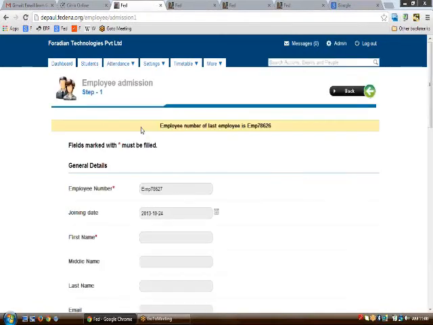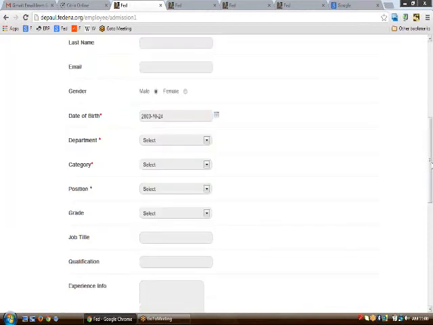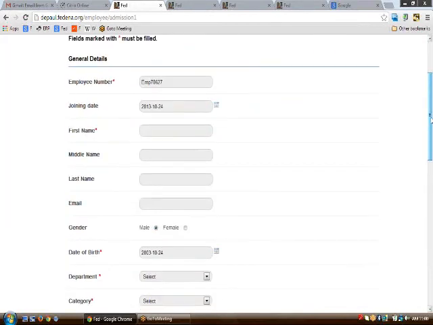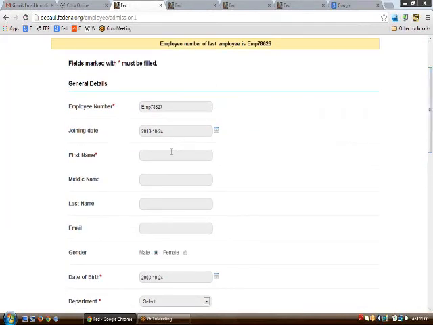To go upon employee admission part, you just need to click upon this and start filling the form. Now I'm adding the employees. Let us say that I am creating an employee with the name of Sumanta,